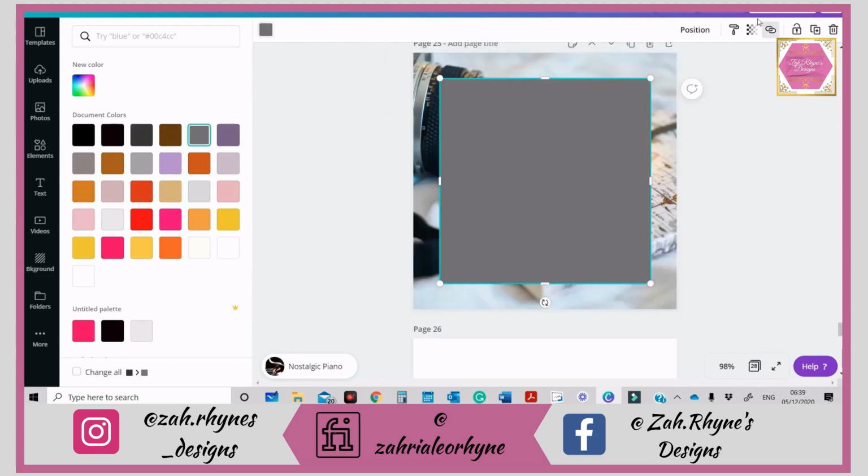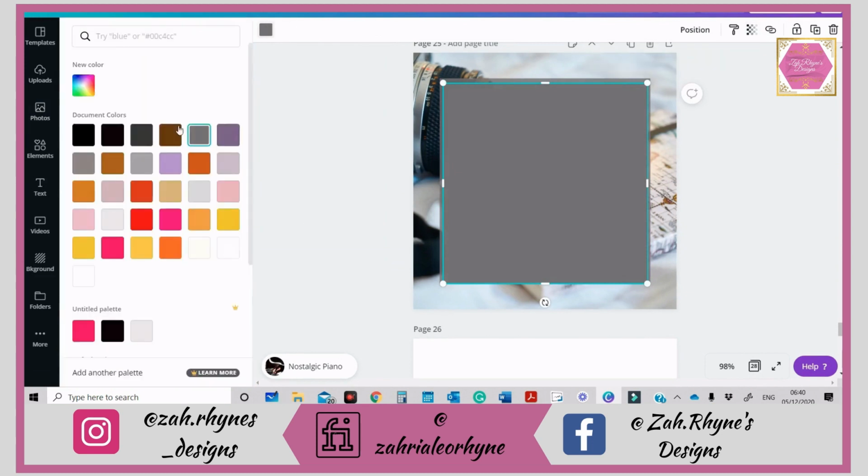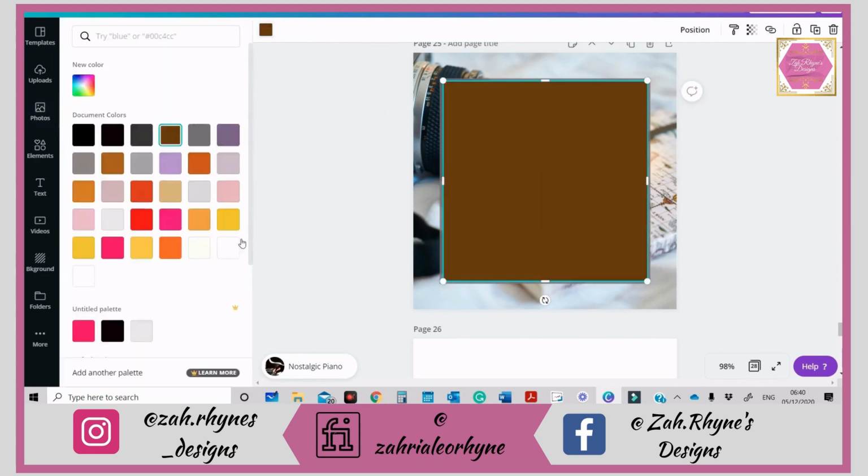So I'm just going to change that, change the transparency. I'm going to duplicate this. So one way to duplicate is you can always select this, or you can hold down on the element and press Alt, right? So I'm just going to duplicate that, resize it, put this on, increase the transparency, change it to, or I can even do brown and white. Right, let me see what this one looks like. White right